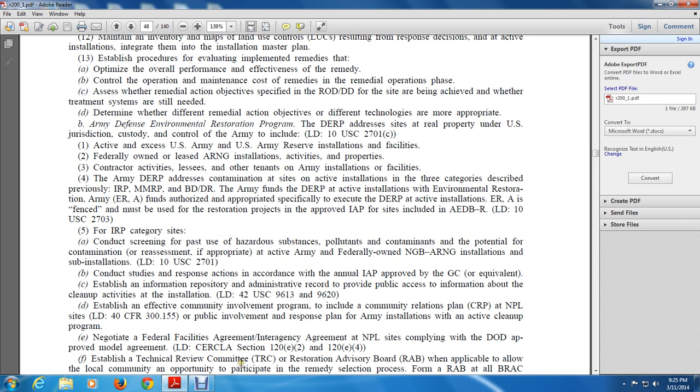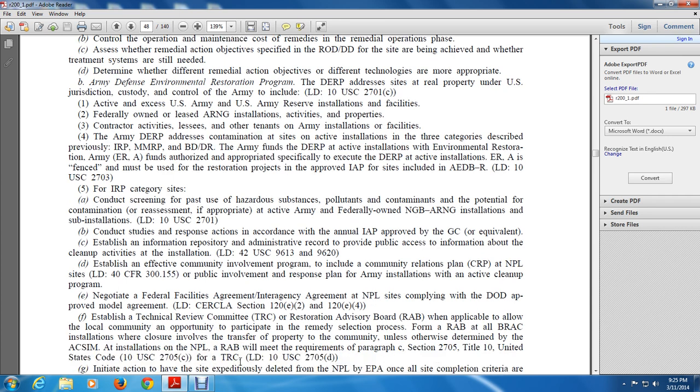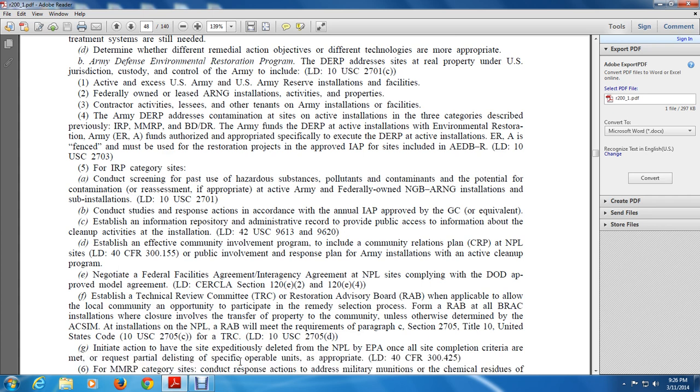See the circular, Section 128 E2, 120 E4, establishing the Technical Review Committee (TRC) and Restoration Advisory Board (RAB), applicable to allow community participation in the remedy selection process. Form a RAB at all BRAC closures involving transfer of property to communities, unless otherwise determined by ACSIM, and at installations on the NPL. The RAB will meet the requirements of paragraph C of Section 2705, Title 10 United States Code, 10 USC 2705C, and the TRC, 10 USC 2705D. Initiate actions expeditiously to be deleted